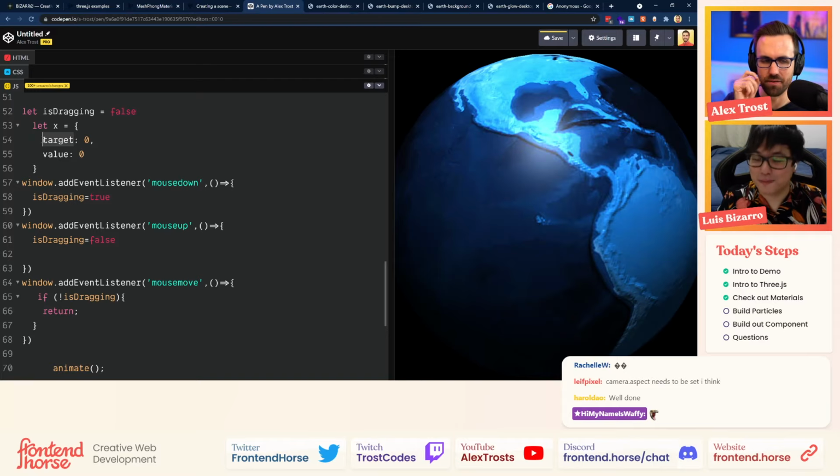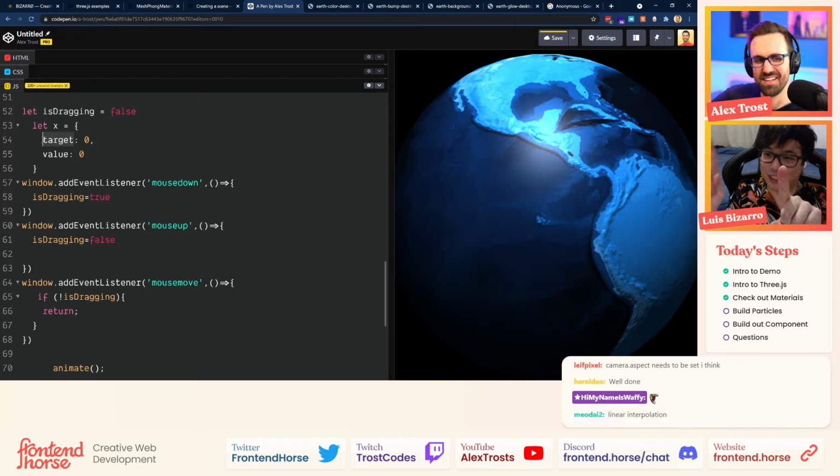Exactly. And I'm thinking for the chat, if they don't know what lerping is, I'm trying to think of how to explain that. It's just an abbreviation of interpolation. We are doing an interpolation between one value and the other one. So let's say this finger is zero and this one is one. We want to interpolate between these two values.